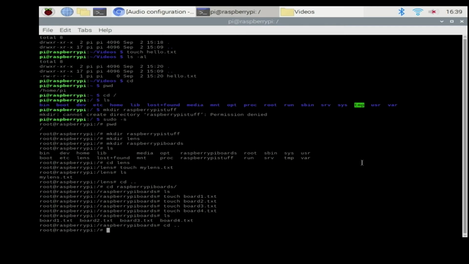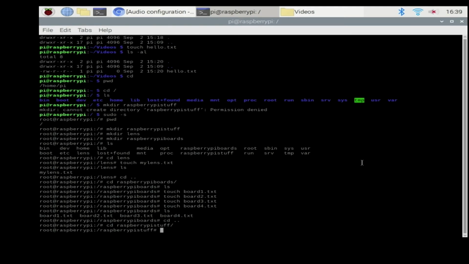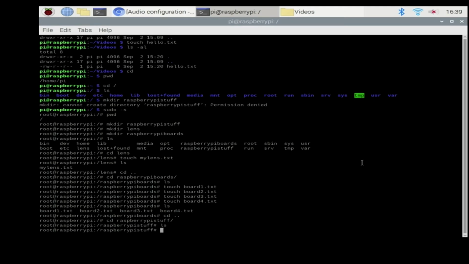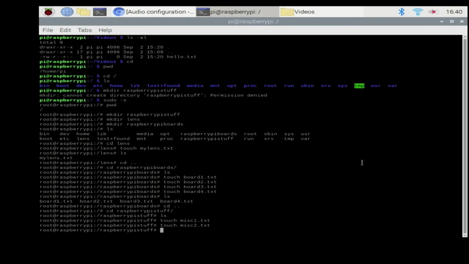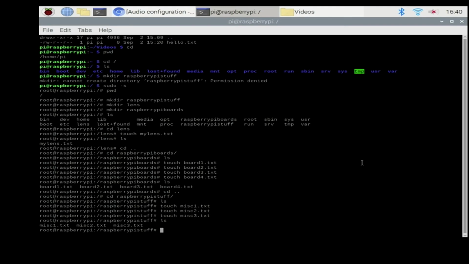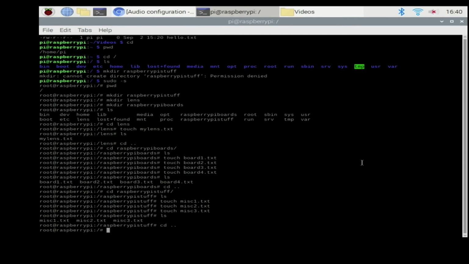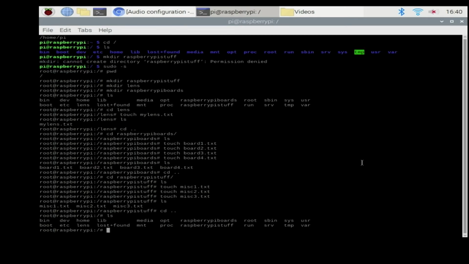So now we're going to get out of there, and finally let's go into Raspberry Pi stuff, which was the big white box that we had over there. Again, nothing in here at the moment. So we're going to touch, we'll just say miscellaneous1.txt, touch miscellaneous2.txt, touch miscellaneous3.txt, ls, and you can see that we have some files in here now. So if we back up and look, we have our main boxes, our main folders that we have in the